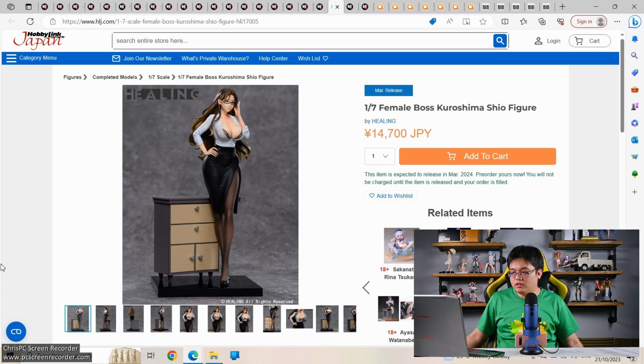Another new brand, never heard of. 14,700 yen. So this is technically another low cost figure. You're getting a cabinet there for no good reason. Well, I shouldn't be complaining about extra stuff at a low cost. Okay,